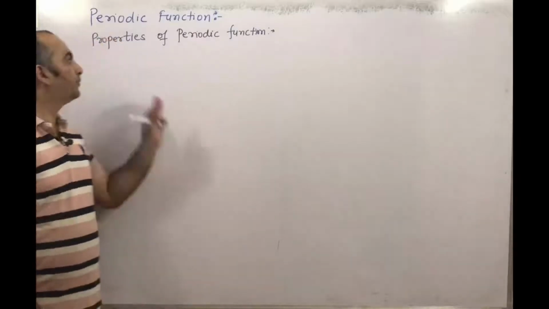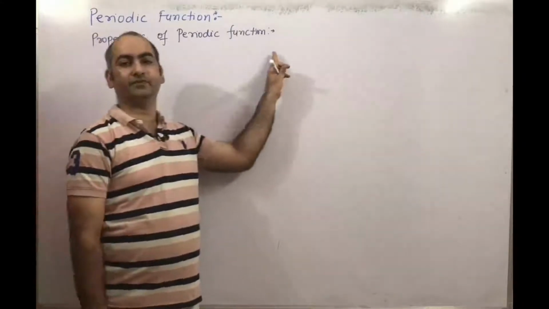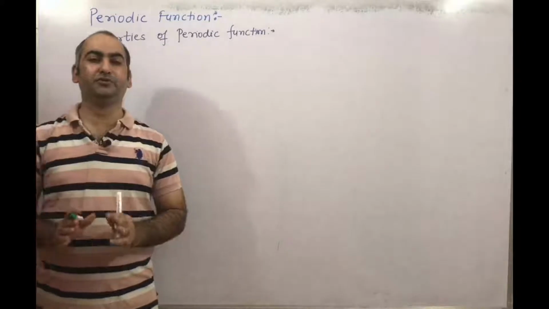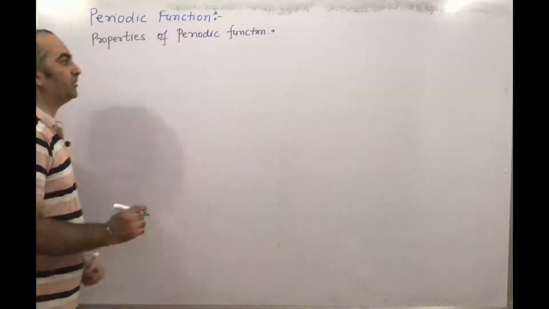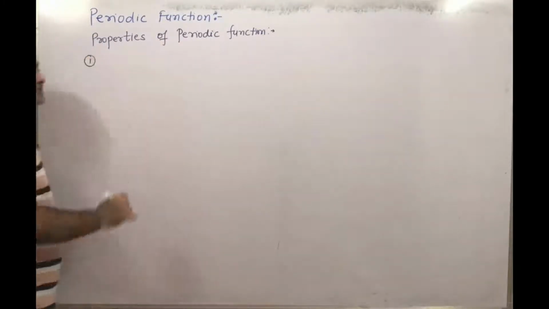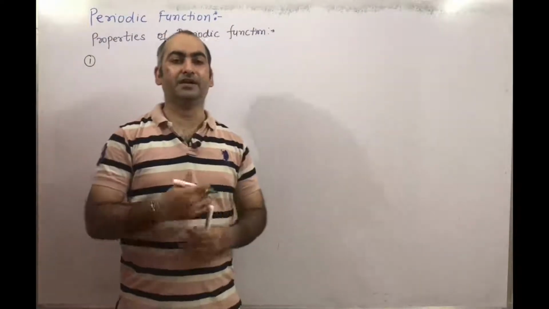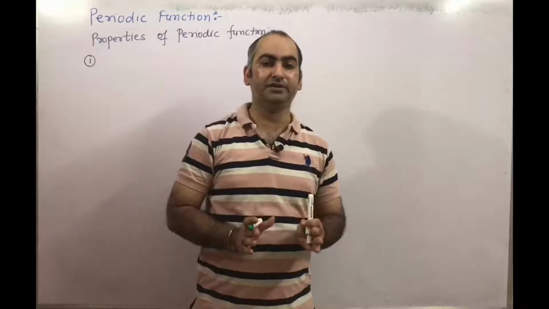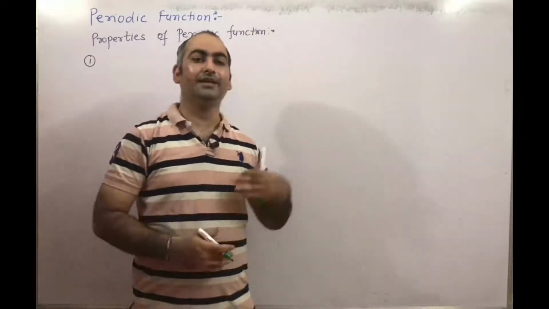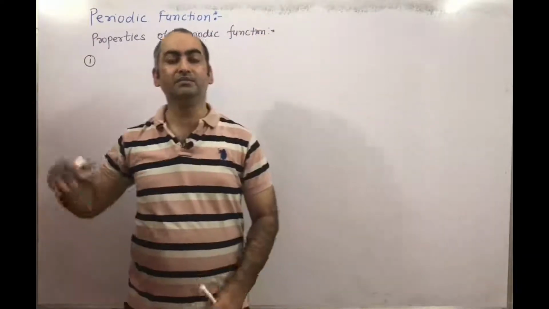We are discussing properties of periodic function. So in this one, the first property we are discussing, we have discussed the graphical definition of periodic function: a fixed interval repeats again and again. That means in a periodic function, that fixed interval will go till infinity on the right, and on the left hand side it will go till minus infinity.